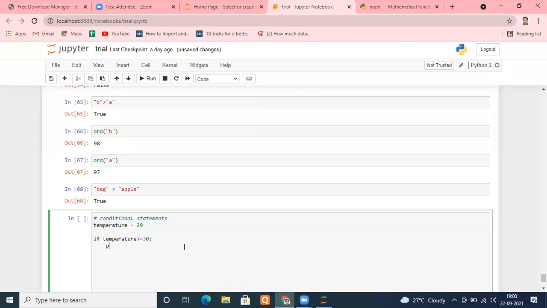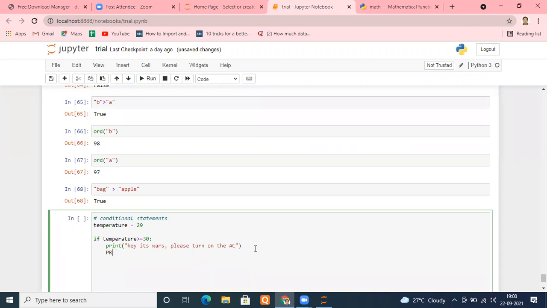For example, I'm typing print, "Hey, it's warm. Please turn on the AC." Second, whatever I want to put, it's up to me.